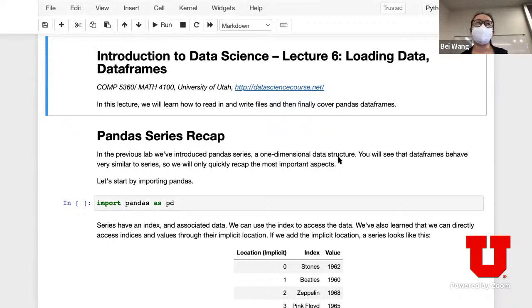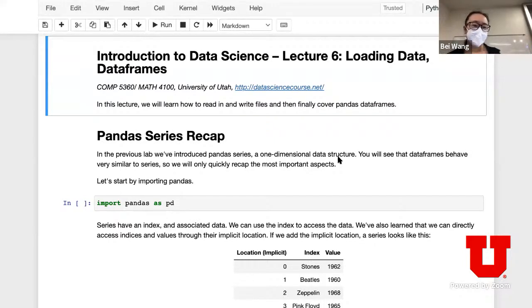Of course, for any data science task, the first thing you're going to do is to load the data, read the data, parse the data, and perform data wrangling. For any real world application, something you may or may not have experienced before is that you might end up spending more than the expected time on the data wrangling part. So we're going to go over some of those common techniques for data wrangling using data frames. Of course, there's a lot more to learn on your own by reading Python tutorials, but we want to give you a first taste of how to do data wrangling using data frames.